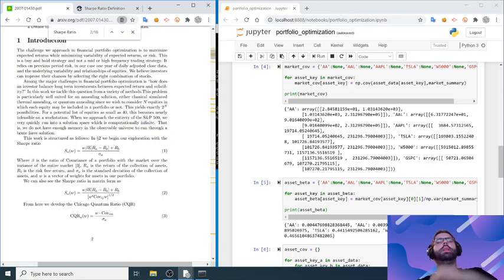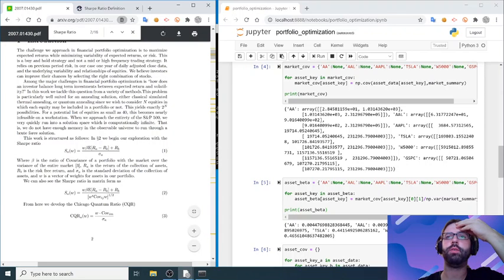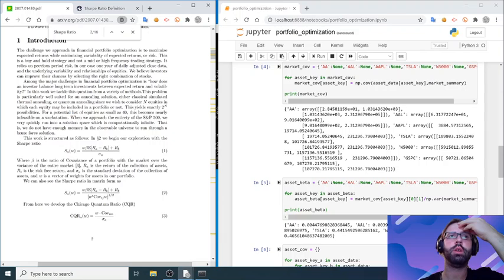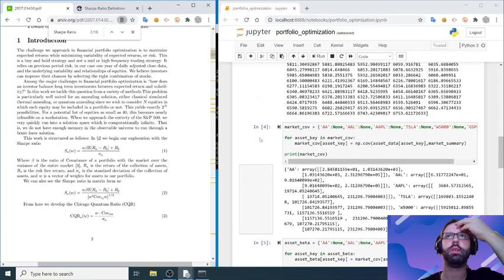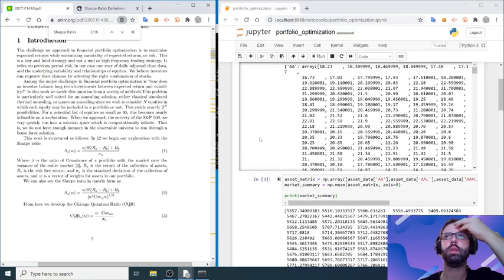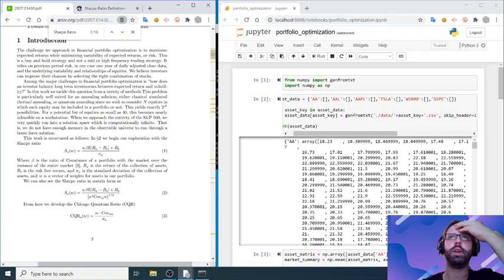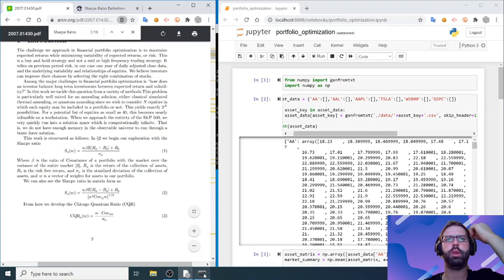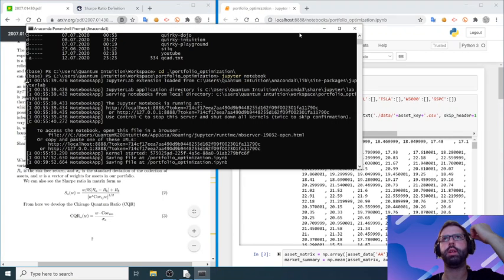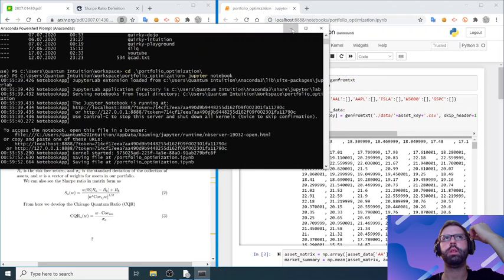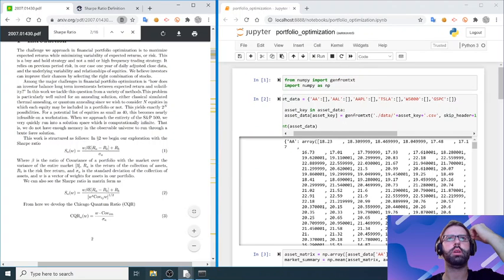The thing is, I'm not so sure if return is the price. So far I've been using the price, I think. I've been calculating these based on the price. If I open one of these files, like if I go here,